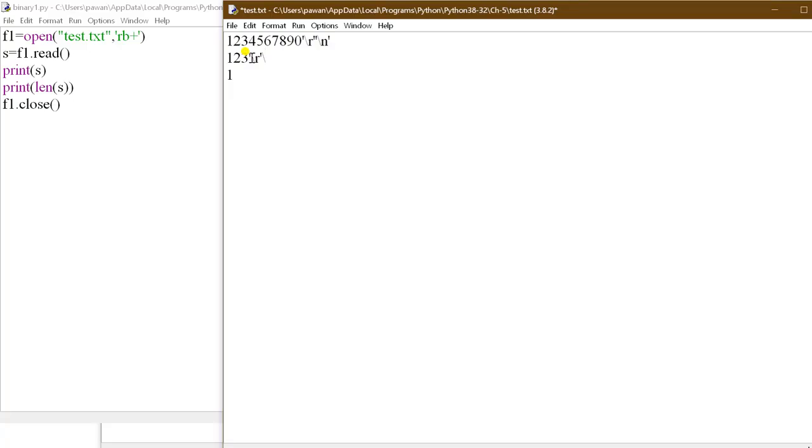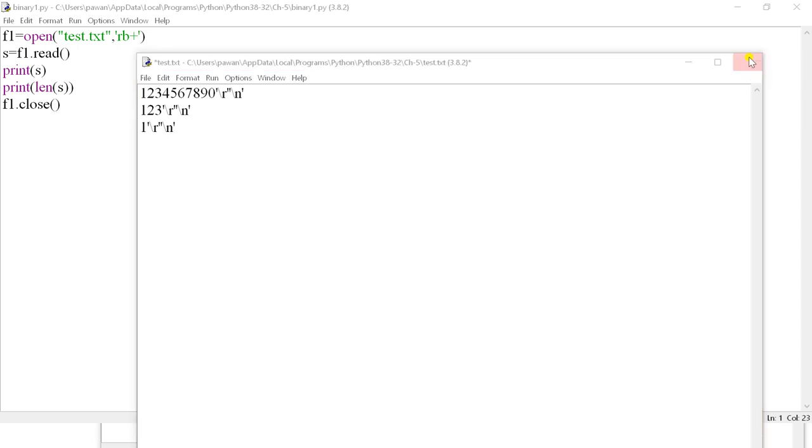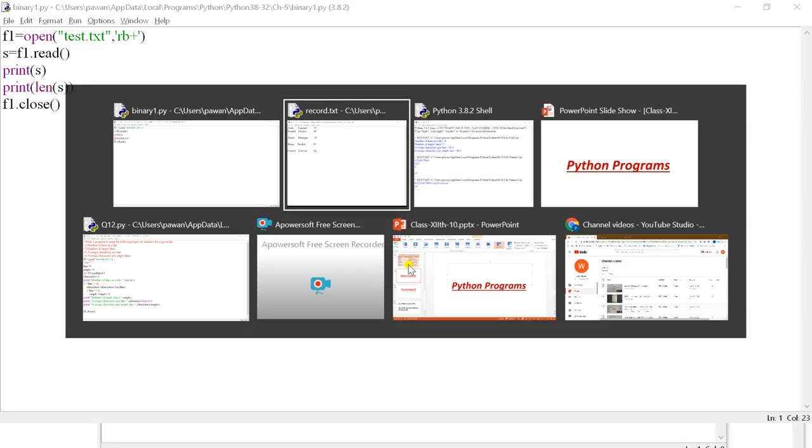19, and the last one is 20. Here also the same thing. Clear? So here also the code is here. So 1 byte for this character. Clear? Binary file and the text file, so in both programs the length will be different. Clear? So this is your program. I hope it is clear now.